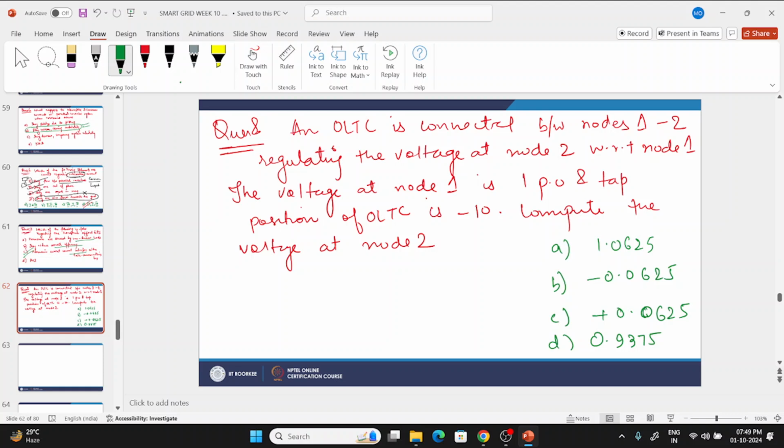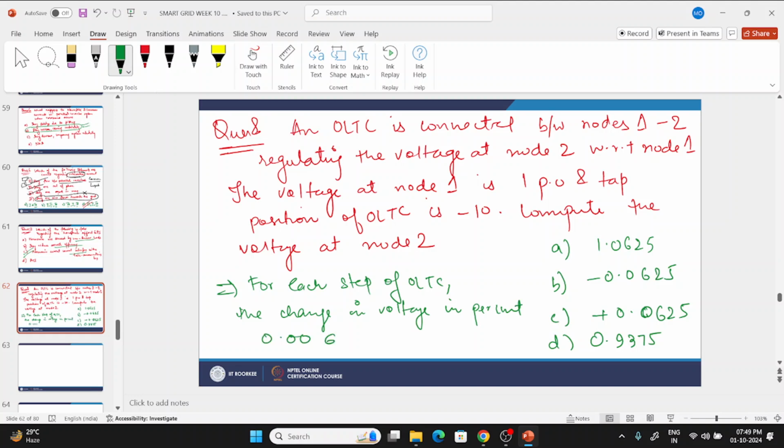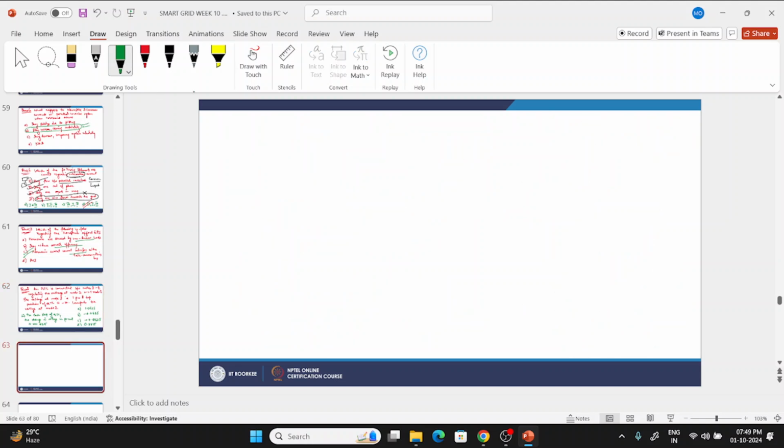So basically क्या है इसके अंदर, मैंने अभी बताया था थोड़ी देर पहले, for each step of OLTC the change in voltage in per unit कितना आता है? 0.00625, ठीक है, हर एक स्टेप के लिए। तो यहाँ पे वोल्टेज ऑफ नोड 1 कितना दिया हुआ है? 1 पर यूनिट। और एक्चुअली टैप पोजीशन कितनी दी गई है? It is -10। ओके,